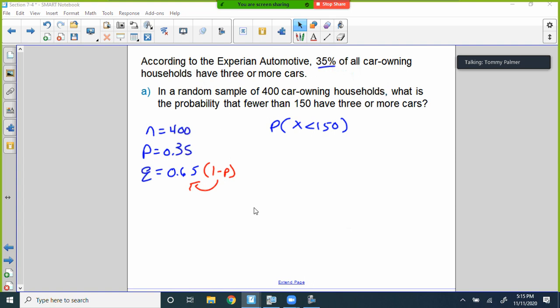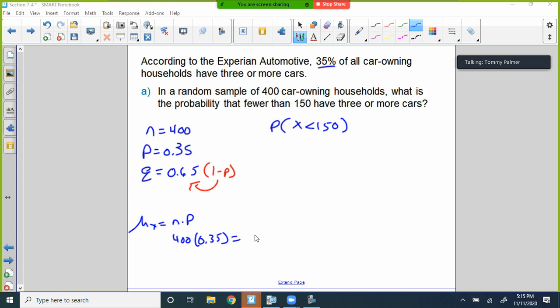Anyway, npq. So let's find mu. The mu of x, which is the mean of x, is n times p. So that would be 400 times 0.35, which would equal 140. And then if we want to find the standard deviation of x,